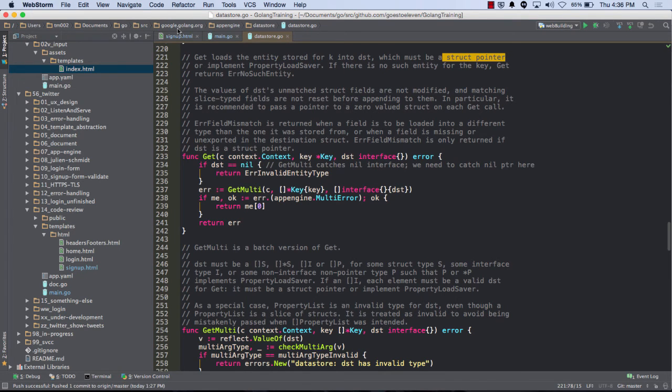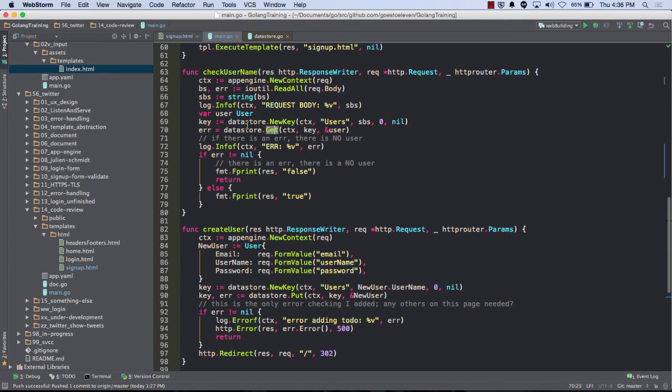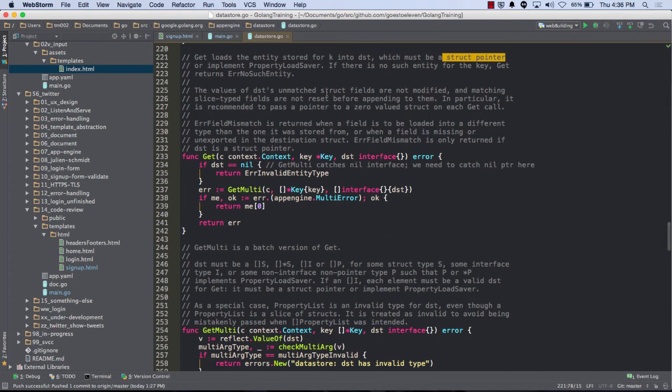You can see here, this is a struct, and that's a pointer, the address. Take the address just when you need it. Don't take it before. So you've got to stick anything from the datastore into a struct pointer. Here at this address, I have a struct.